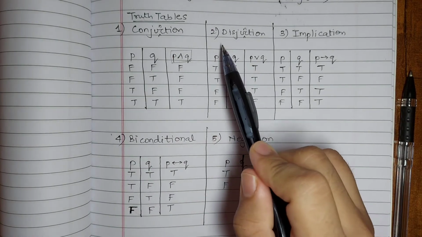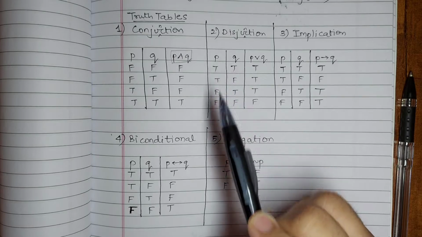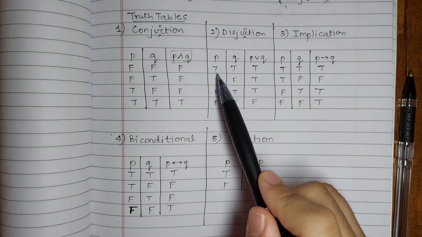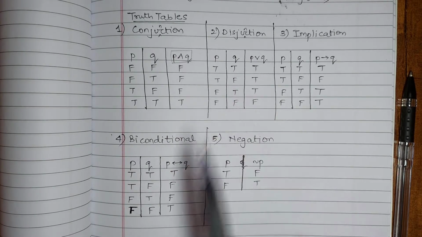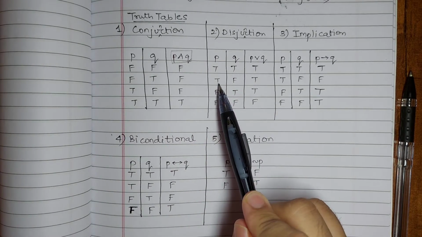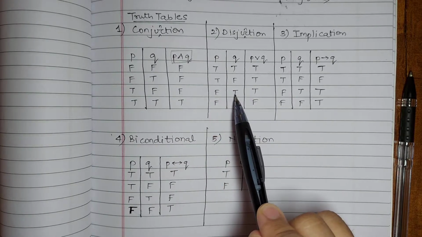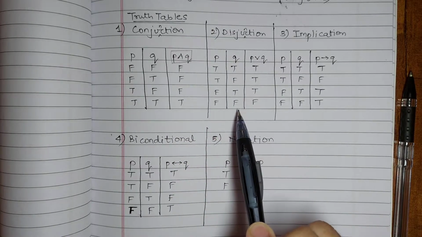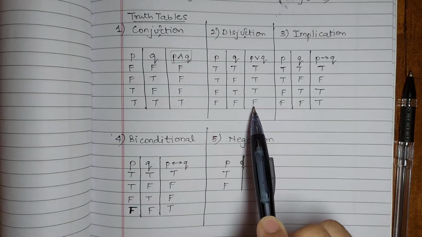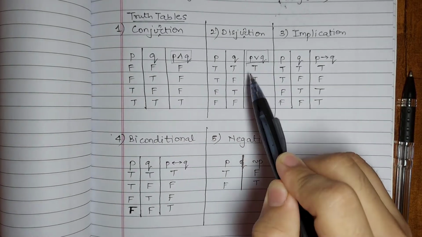So the next is disjunction, where we have to just add the two given numbers or the two given operands. When we have true plus true, that is 1 plus 1, we will get the answer as 1. Again, 1 plus 0, the answer would be 1. Similarly, 0 plus 1, that is f plus t, would be t, that is 1. The next would be f plus f, that is 0 plus 0 equals 0, that is f. Now this function would be called p or q.